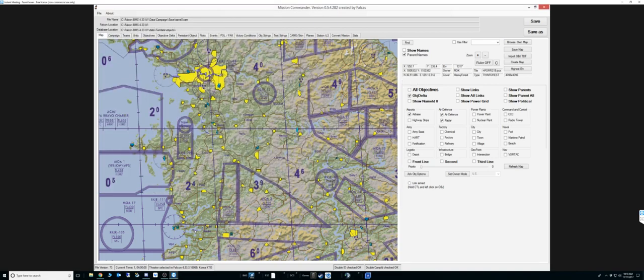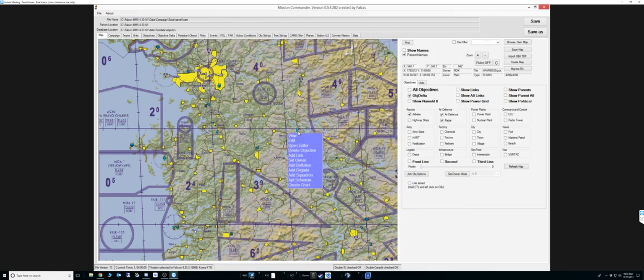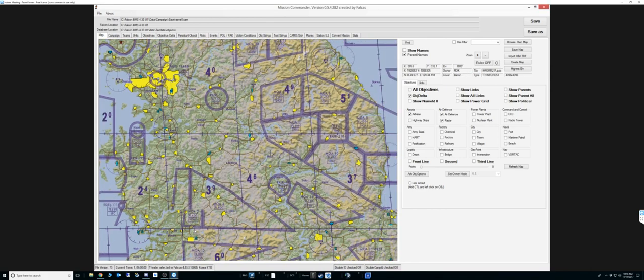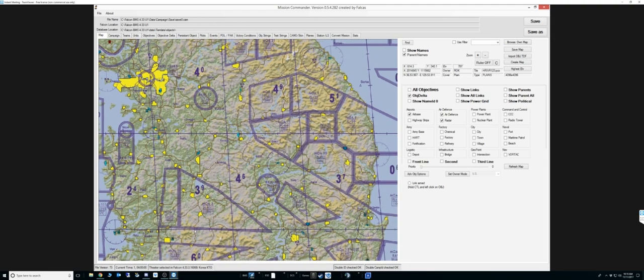But in Mission Commander, you can come and, if you want to make 2-1 Airbase part of a different team, you can right click on it, edit it, and you can set the owner, first owner and current owner. And I think you can also do it here and set owner, and you can just set the first and the current owner as well. So that way you don't have to make a full area one side. You can pick individual